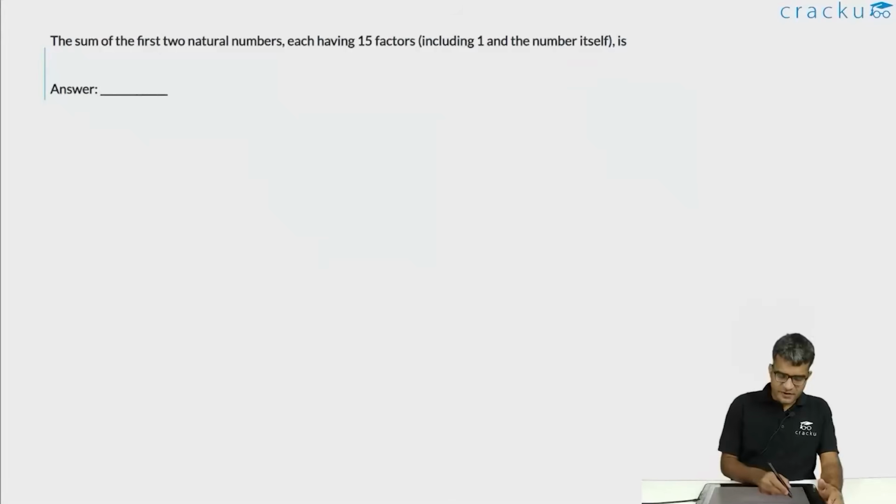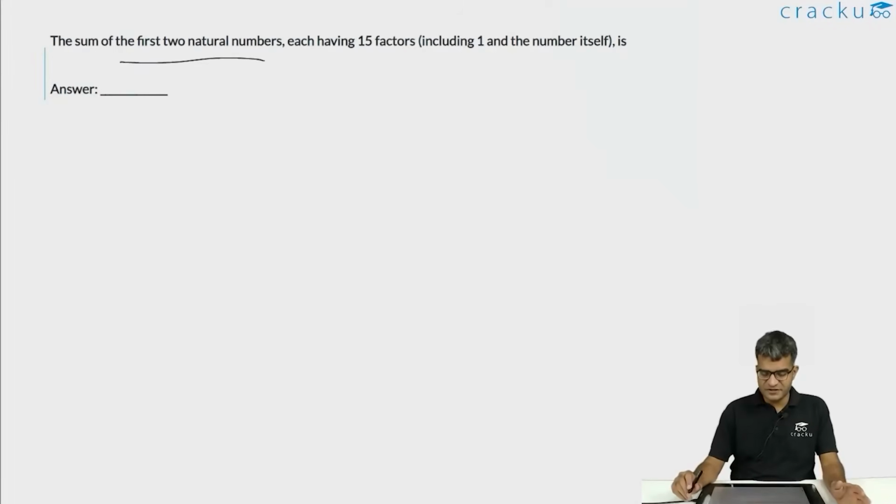In this question, we are required to calculate the sum of the first two natural numbers, each of which has 15 factors, including 1 and the number itself. Before we actually answer this question, let us try to understand what is the number of factors of a particular number. If you have a number n, and if you are doing the prime factorization of n,